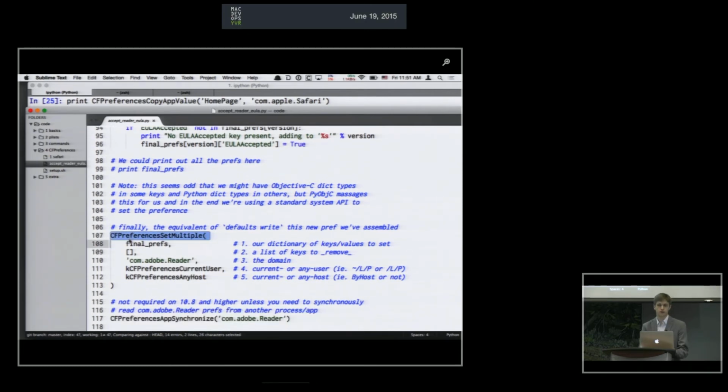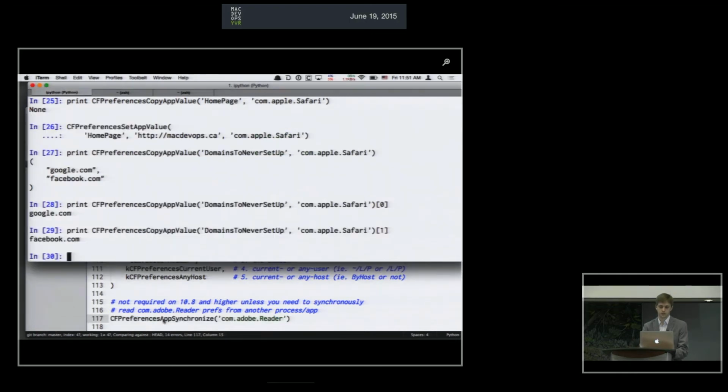There's this set multiple method that we can use, which says, instead of me assigning a specific key, here's the dictionary with all of them, and then the domain, and then we can even set the scope. We could say this is a by-host preference if we had to. And then if you're on before 10.8, you have to call synchronize to tell it to actually save those changes. Okay, so finally,